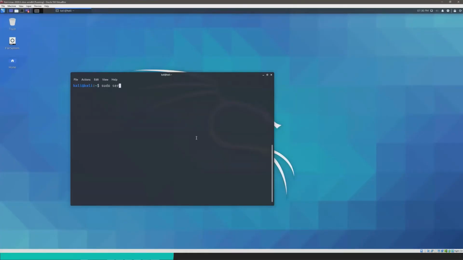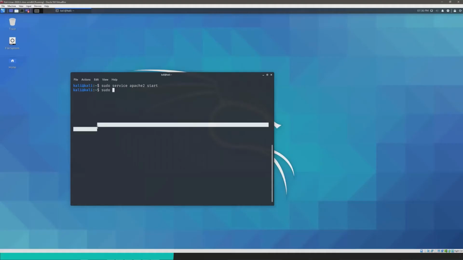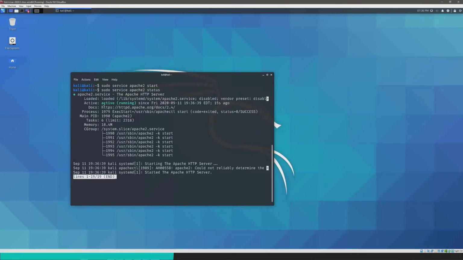So sudo service apache2 start. Okay, so we're not sure if it started. Let's say sudo, what was it? Service apache2 status. Yep. Service apache2 status. This will tell us if it's running. I see, highlighted in green, very easy to see. Active, running. That's good. So exit that window with Q. And let's see the result of that output.